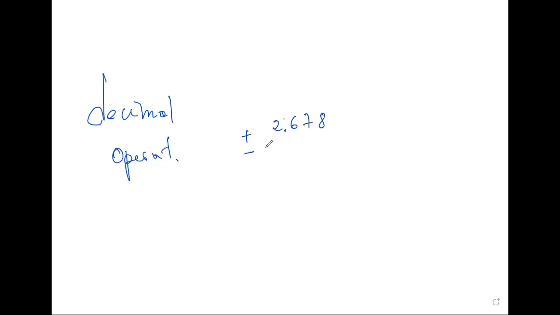2.678, 26.79. This is a good example that shows all the rules you need. First, have the decimal, the dot, on top of one another here. Okay. Second, just align the rest